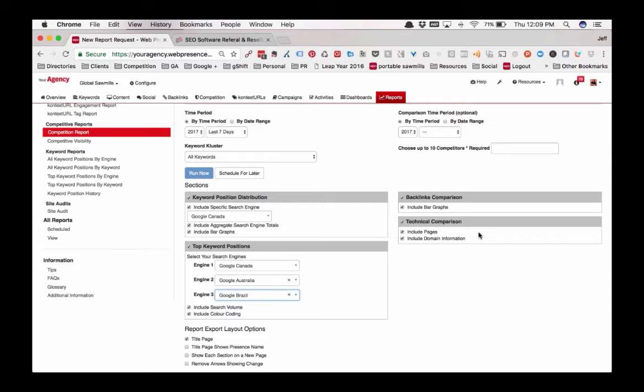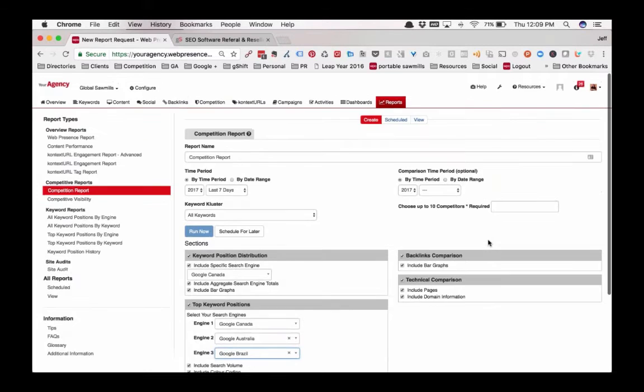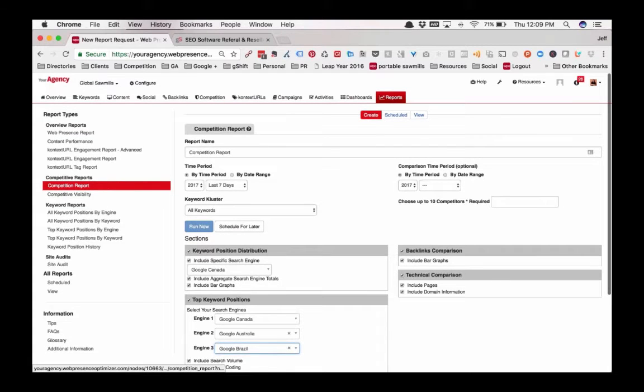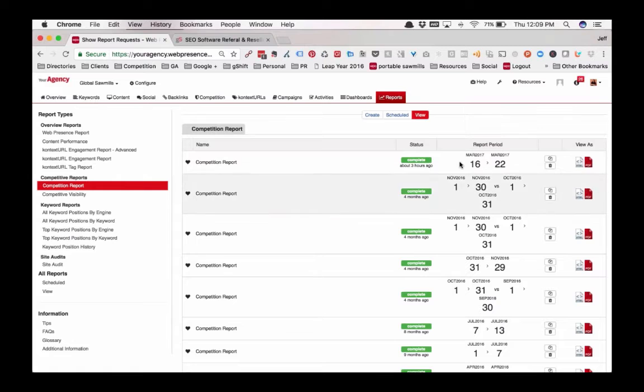If your prospect's trailing in terms of the number of index pages they have out there, it's a good opportunity to point out that you should be creating more content. And that's how you're ultimately going to build your authority. So in terms of just looking quickly at this report, I saw this the other day, but we'll run through